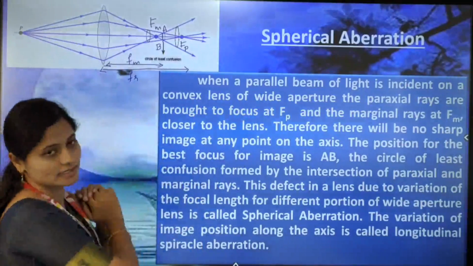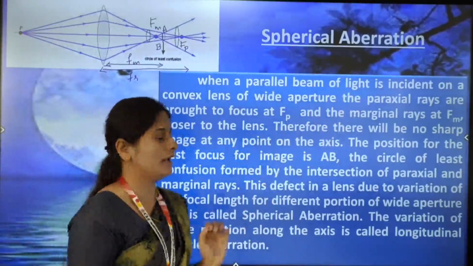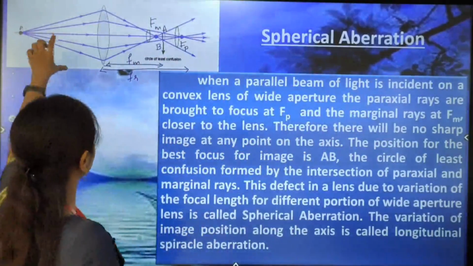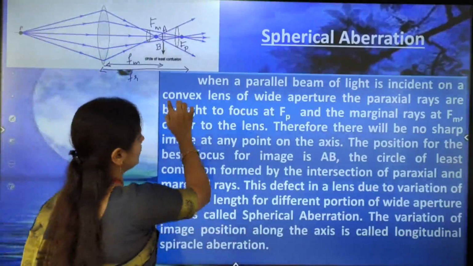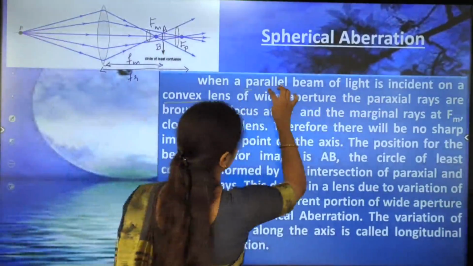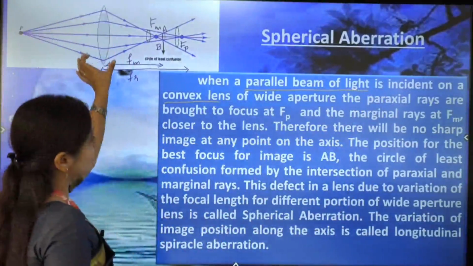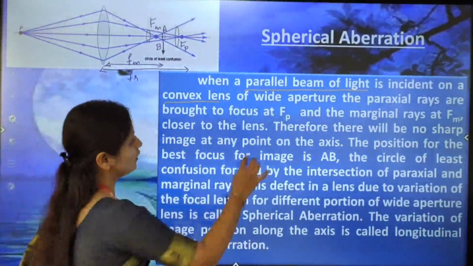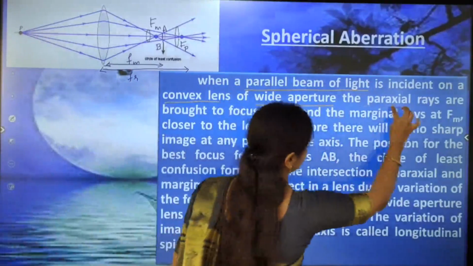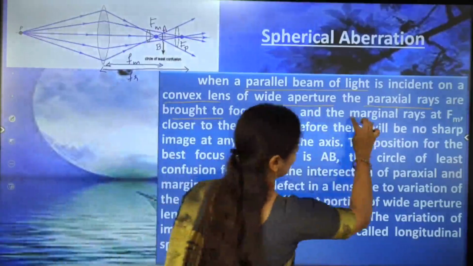So here one convex lens is there, and we are making incident a parallel beam of light on a convex lens which has a wide aperture. See here, the paraxial rays are brought to focus at FP and the marginal rays at